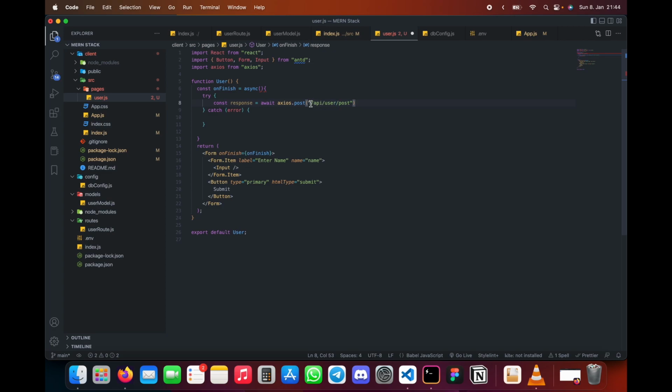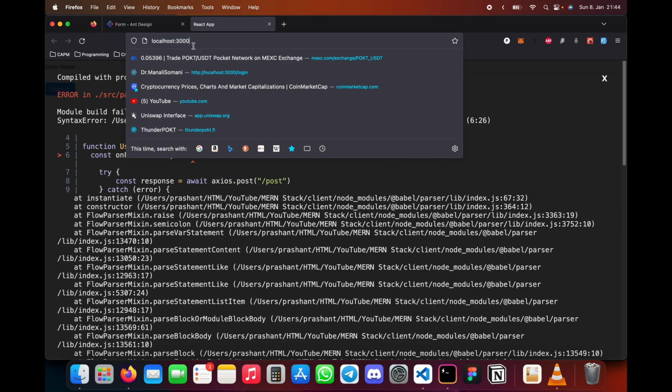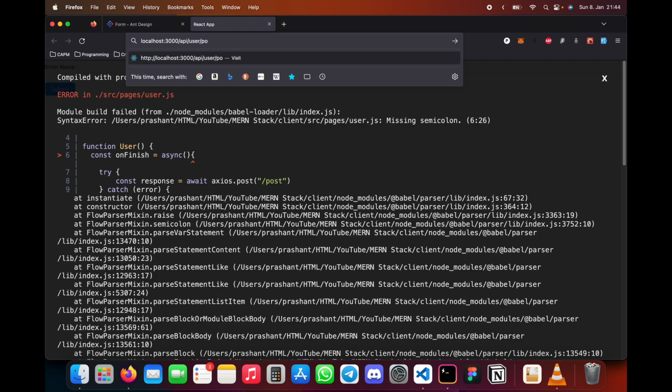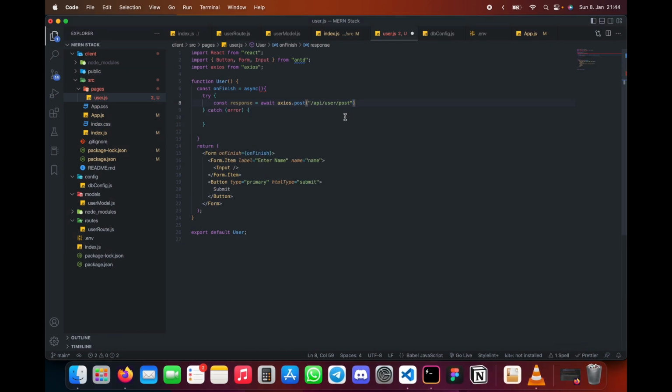Okay, let's go back here, and like I said, here it will always be API/user/post. What this means is on our localhost 3000, on the API call it will look like this basically. Yeah, but I will show you how it works. We should pass on some values. The values will be collected from the form, and once the values are collected, we will start